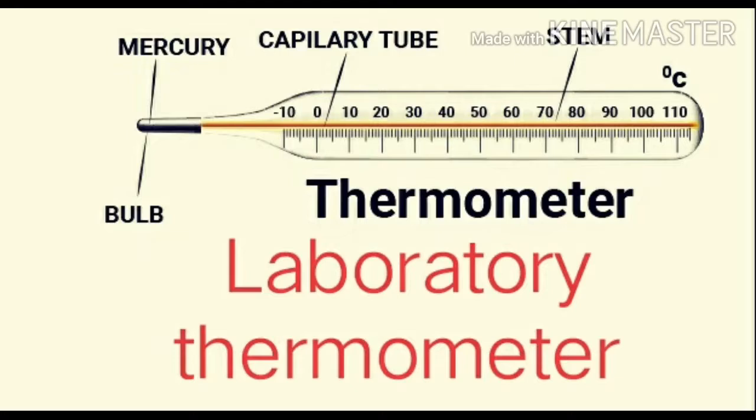on the thermometer tube, we will find that there are 10 small divisions in between them. These 10 small divisions on the laboratory thermometer tube represent a temperature of 10 degrees Celsius. Therefore, one small division on the laboratory thermometer will represent a temperature of 1 degree Celsius.